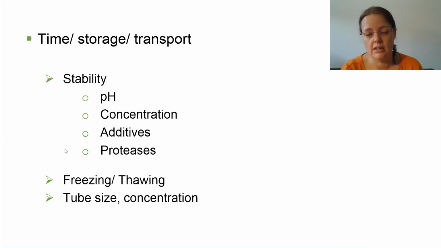And not only will your SAXS experiments gain from the time and effort that you've put into your samples, but also all your other follow-up methods that you use, your assays, and of course, if you're doing crystallography or EM or something, can all profit from a more stable protein.